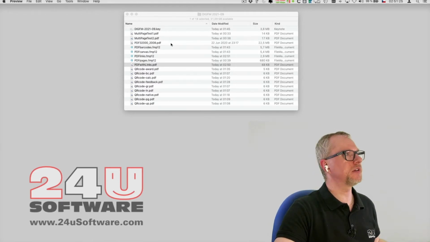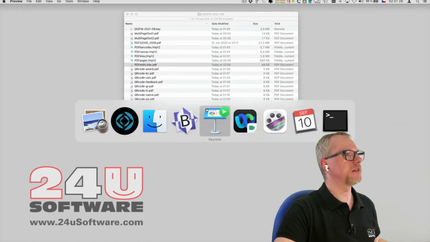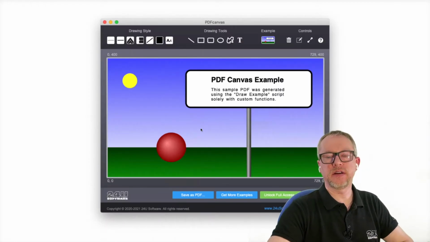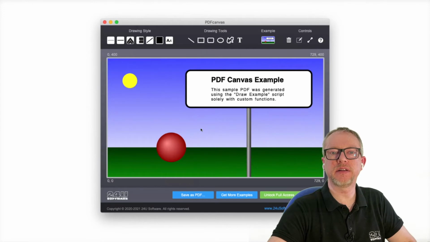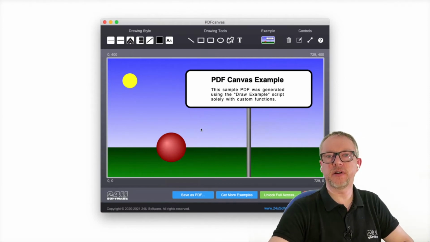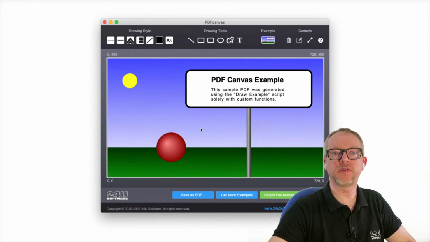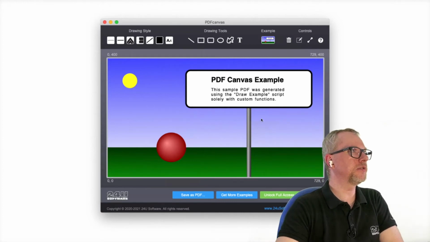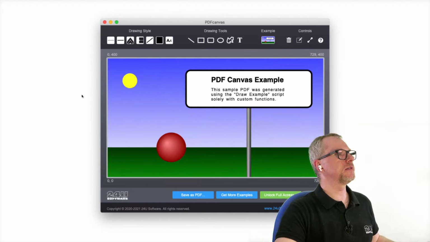Links were just a very simple thing, but as I mentioned, I like challenges. So as I explored the PDF format and the documentation, I discovered that it might be actually quite easy to not only modify an existing PDF, but create one from scratch and draw into it. So as a fun thing, I created another example I called PDF Canvas. And basically this is a graphical editor built in FileMaker,